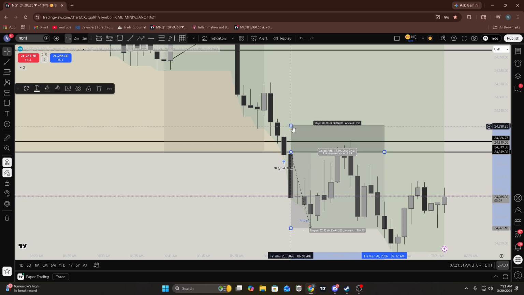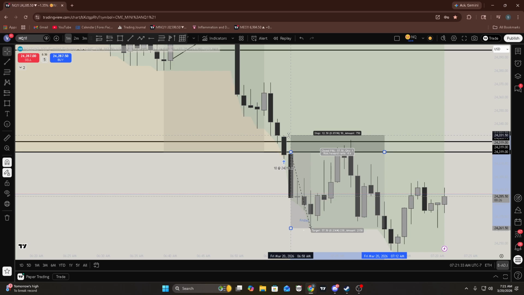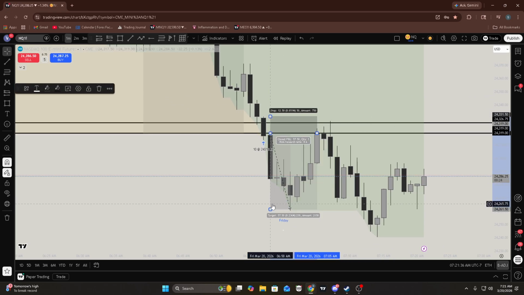In this case, I would have done 12.5 since it's OPEX day. I wouldn't expect it to go very far. So this would be the trade. This would be the valid trade. A 1 to 4 RR